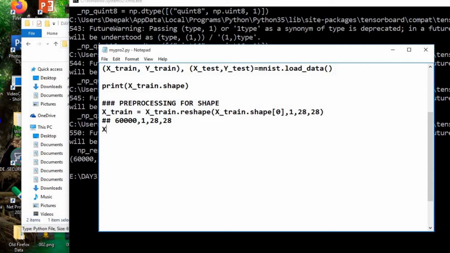Next is, yes, here underscore instead of dash. Next is to reshape the test data also, because both should match in terms of shape. So copy and paste x_test for reshaping.